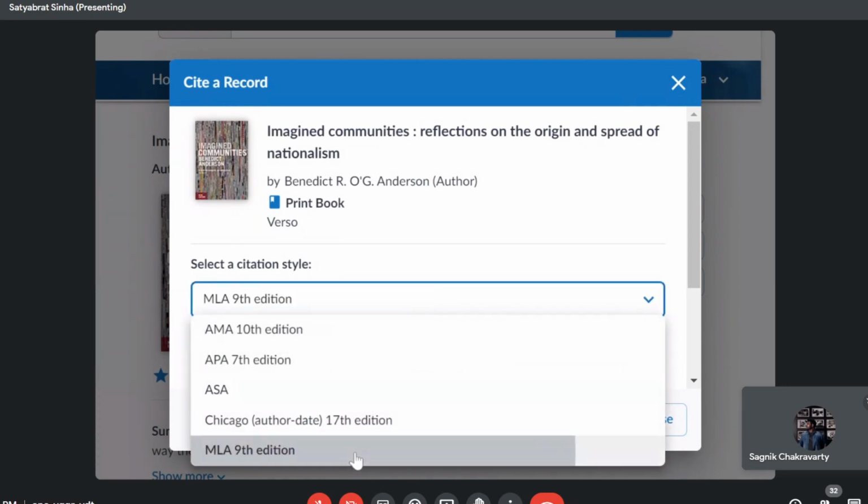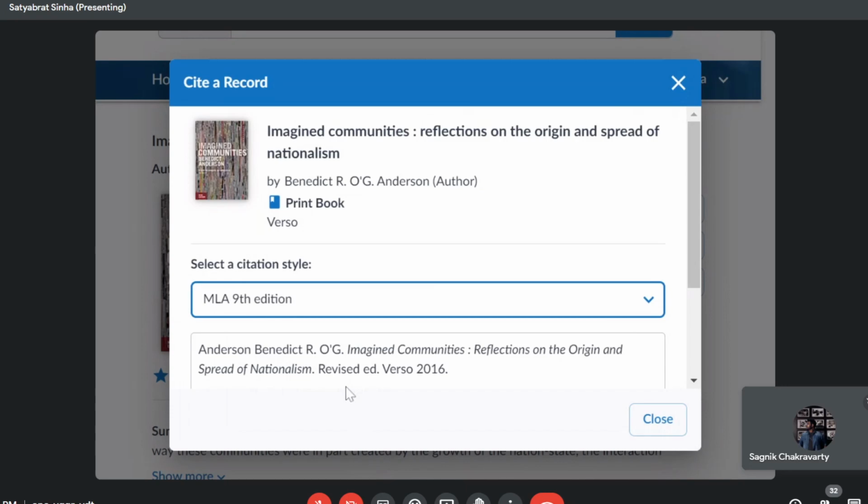In MLA, let's see what is there. In MLA, year of publication comes right at the bottom, at the end. In APA, it was there. So you do realize there are these differences, and I would suggest you look at WorldCat is one website. The other website that you can look at, let me tell you, is